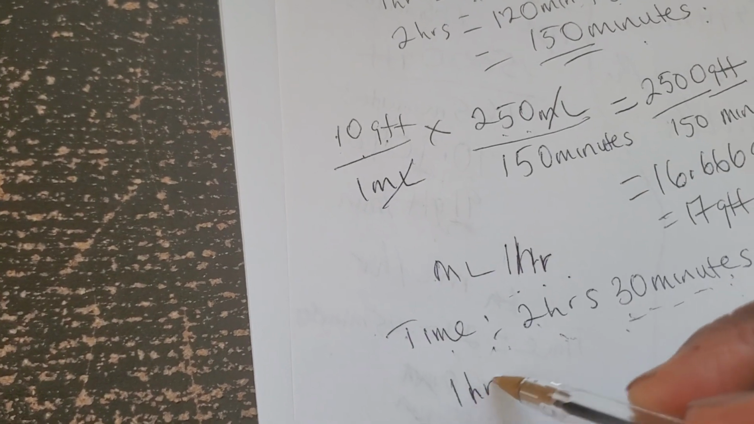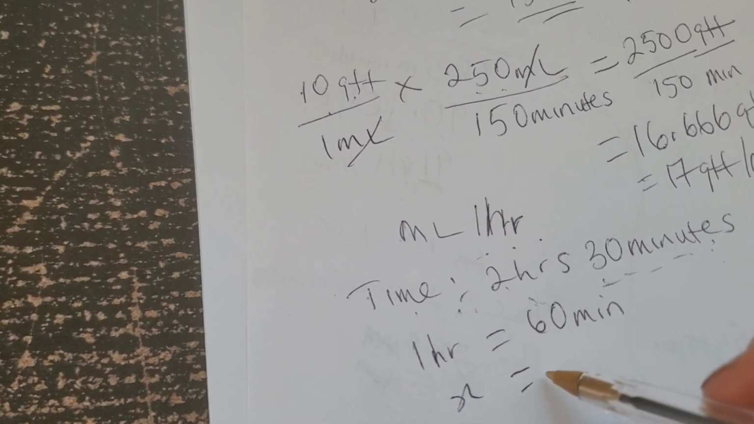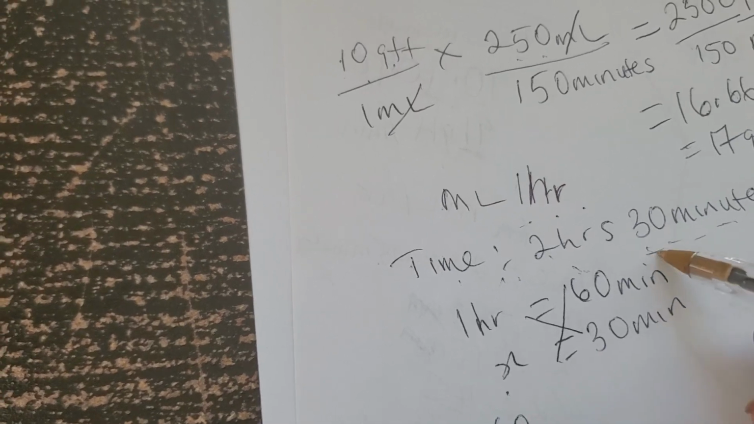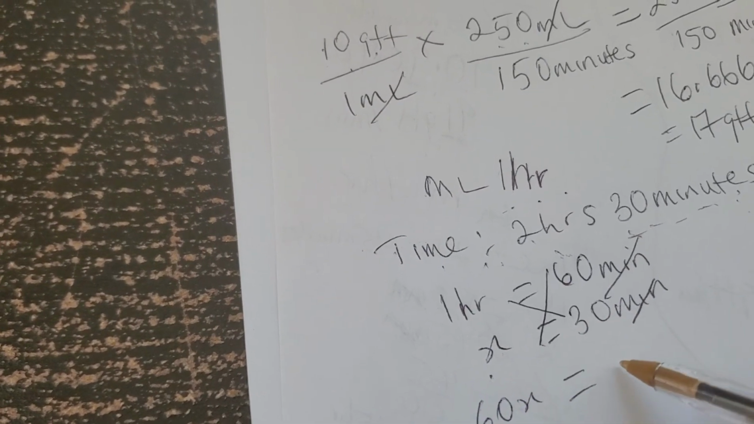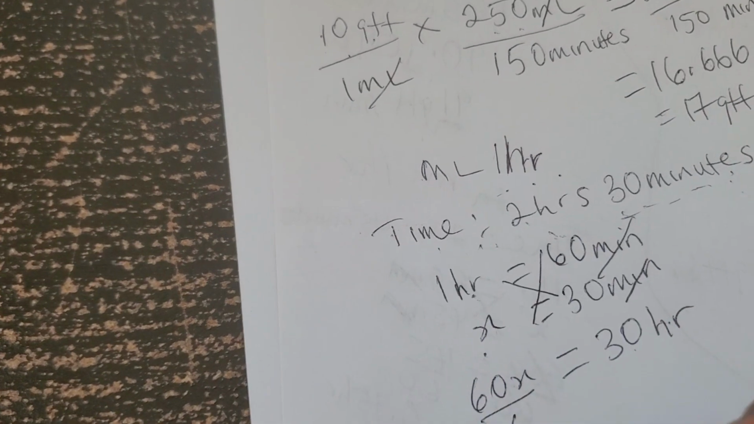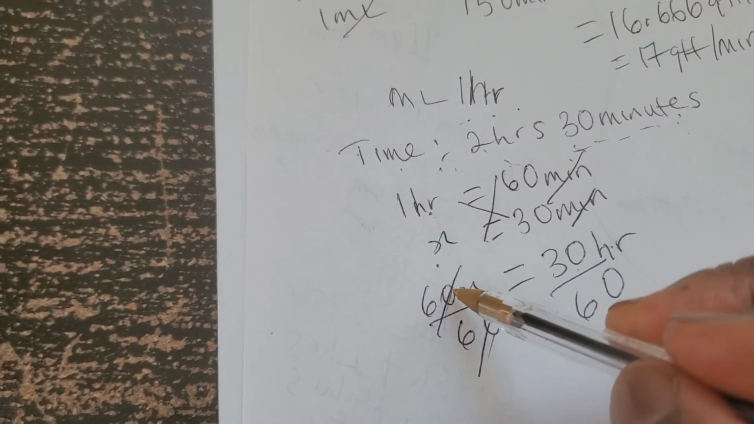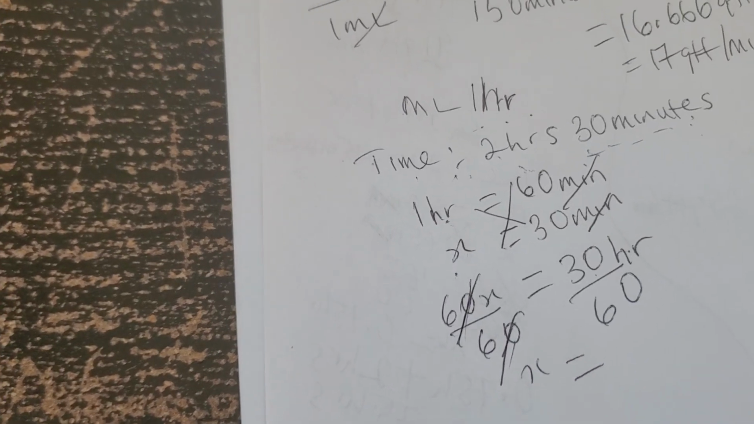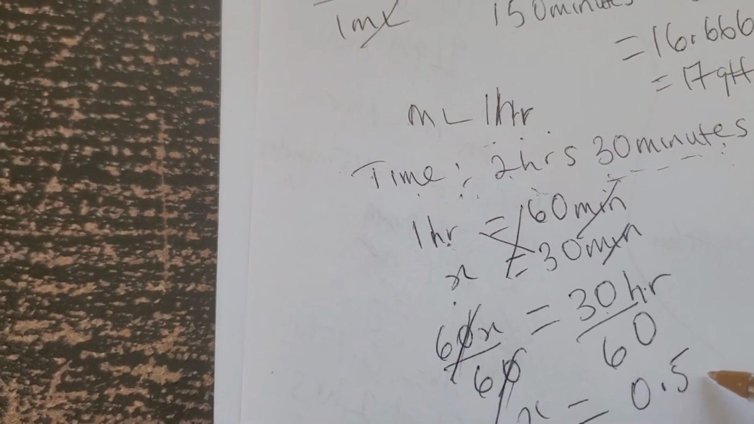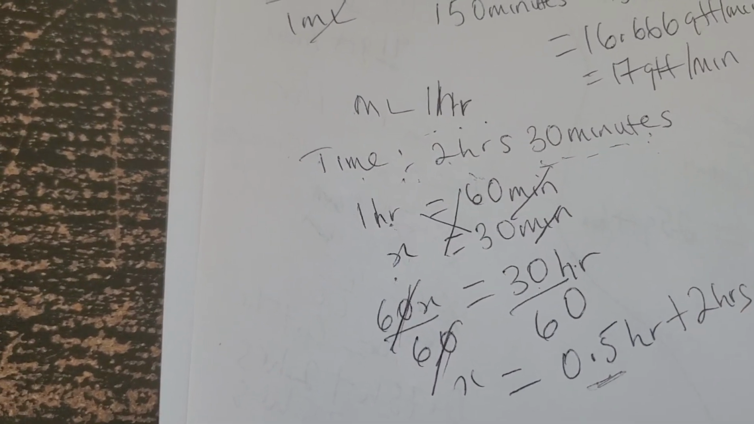1 hour gives us 60 minutes. How many hours for 30 minutes? We don't know, so we put x. We cross multiply, and minute will cancel minute. So 60x is equal to 30 hour. We divide, so x will be 30 divided by 60, which gives us 0.5 hour. Then this 0.5 hour plus the 2 hours